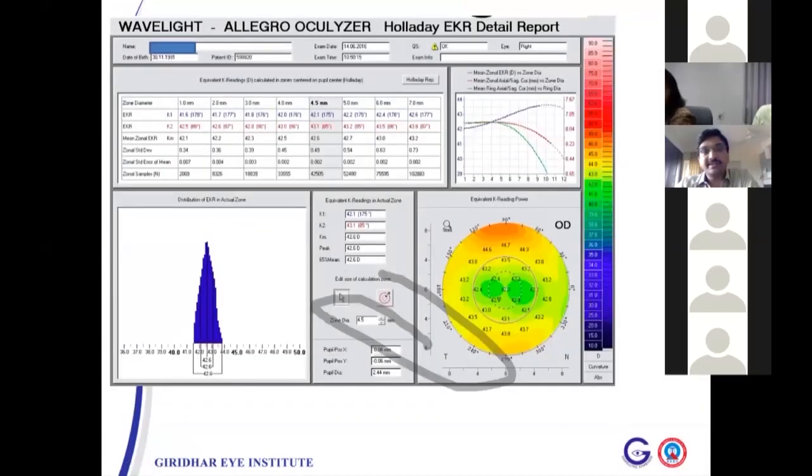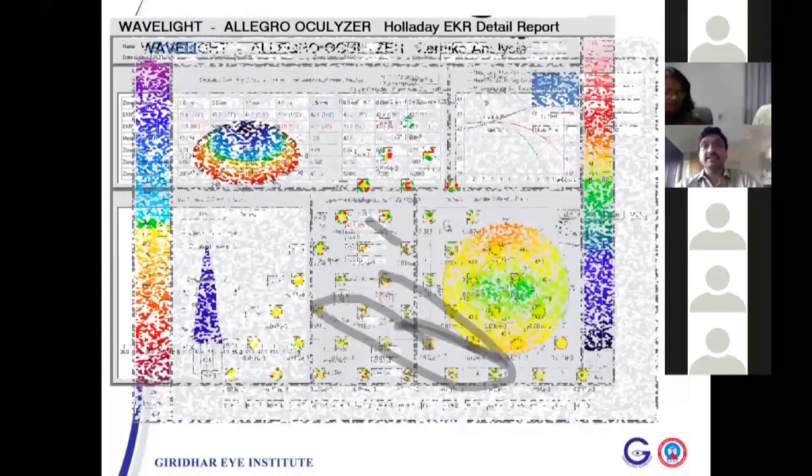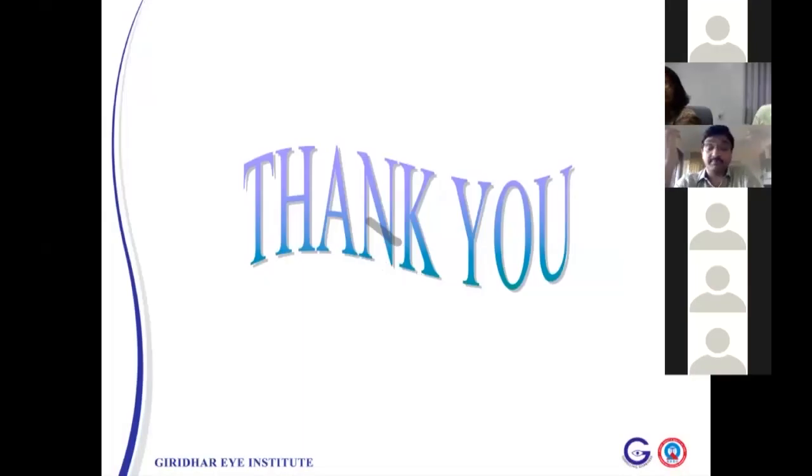And in addition to this, there are a lot of other printouts or options in these machines: Wernicke, Fourier analysis, lots of things which may help you in very different situations. But generally in all these cases, in most of the tomographers and topographers, what we use is a quad map printout, which gives you the curvature, Pachy map, the lesions, which in most of the cases is sufficient to make a diagnosis and decide on how the cornea is.